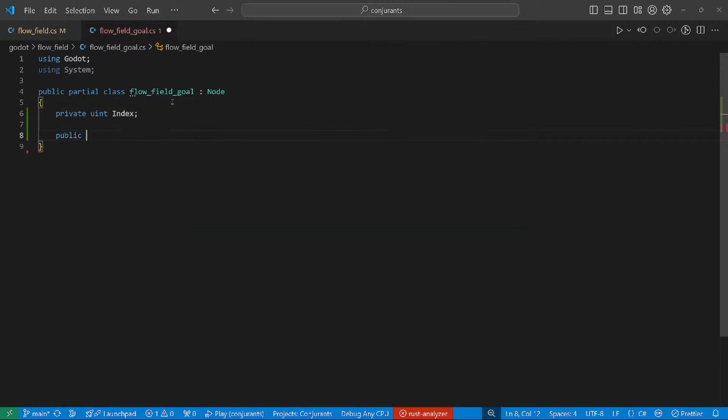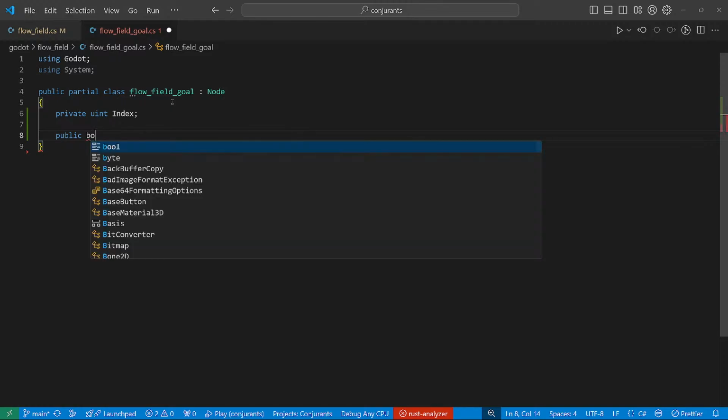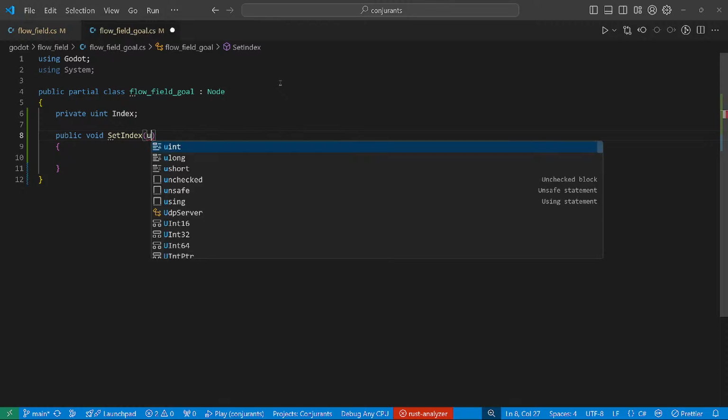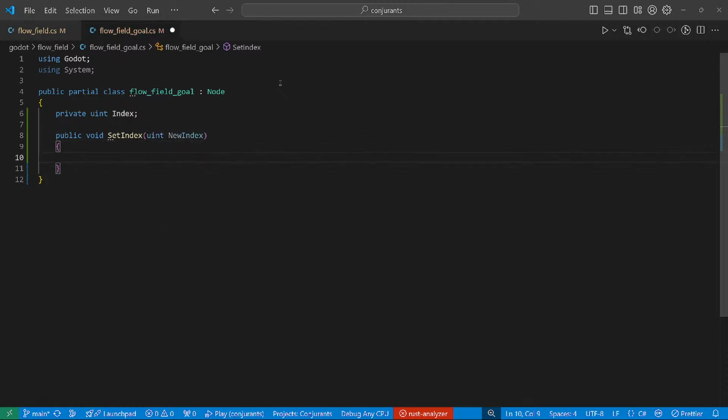And we can make a public void, maybe a public bool, so that if they're out of bounds, then we can return false or whatever. We can just go with the simple way and then just assume they're always going to be inbound. So public void set, yeah, I guess set index would be a good name. Set index uint new index, which then sets